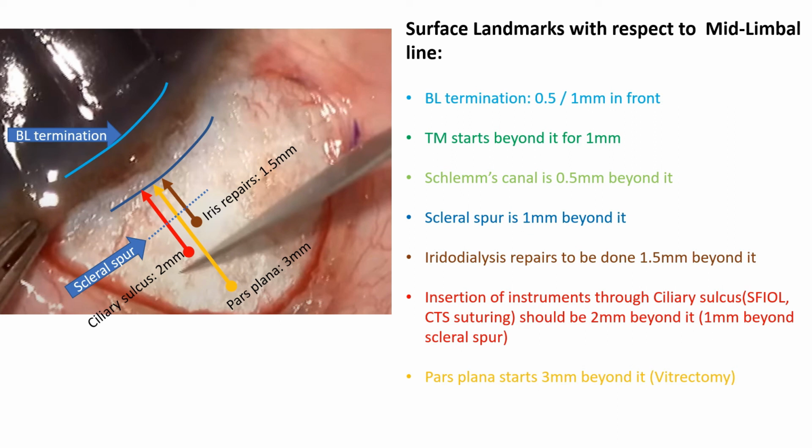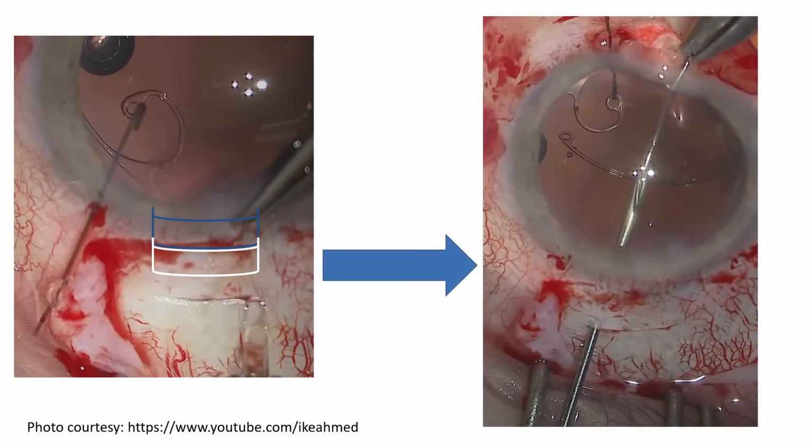So in this photo, this is an example of a surgery being done for a subluxated cataract where a capsular tension ring needs to be inserted for capsular bag support. Note how the surgeon is making the groove for insertion of the instruments 1 mm behind the scleral spur, so that, as I have already mentioned, he can enter into the pars plicata just behind the iris. So we see in this photo, through this groove the needle is entering posterior to the iris.